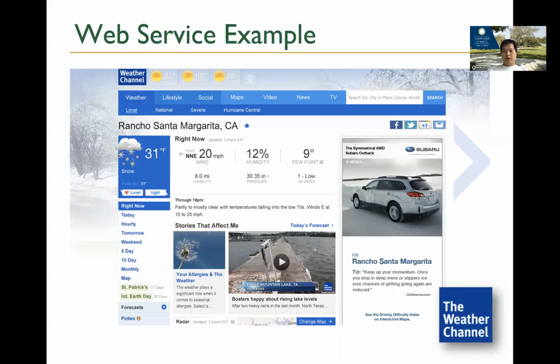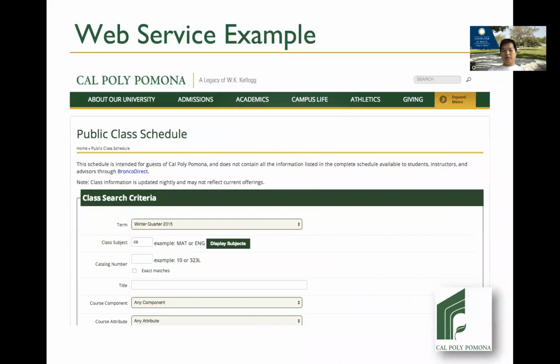And weather.com, another very simple and straightforward web service. It gave you all this information and you can query. You can query by location, you can query by date. You send your search criteria and then they give you all these responses. Another good example is